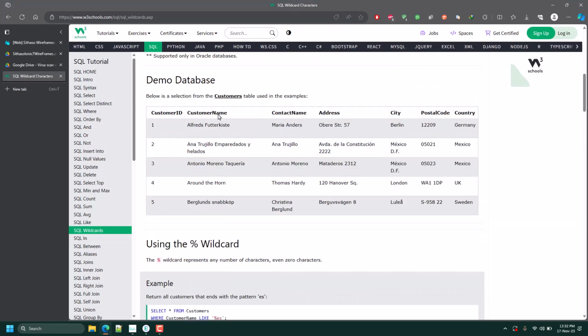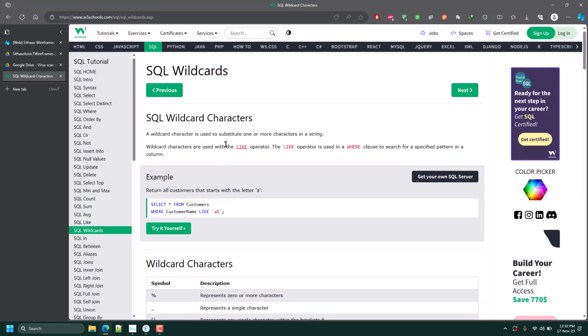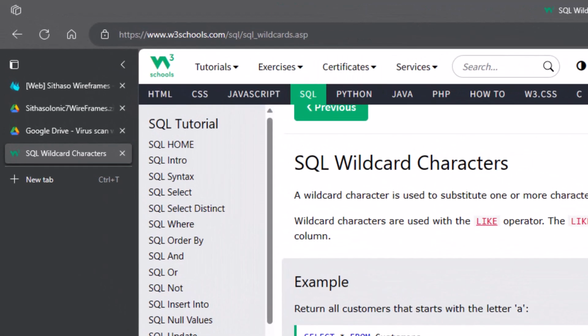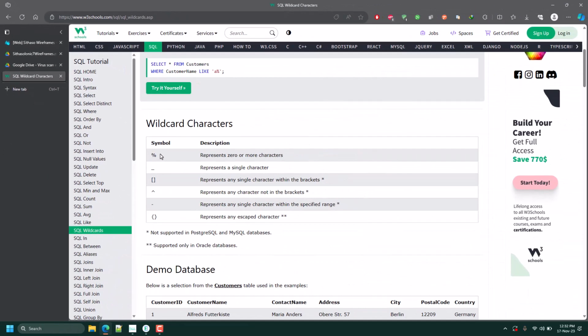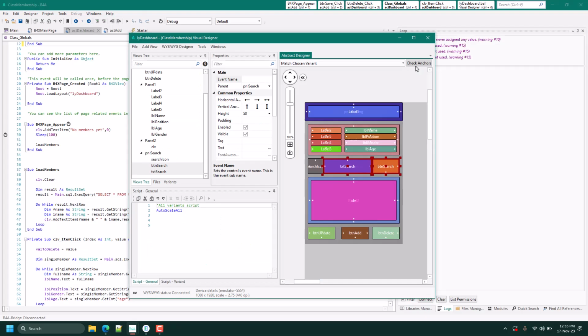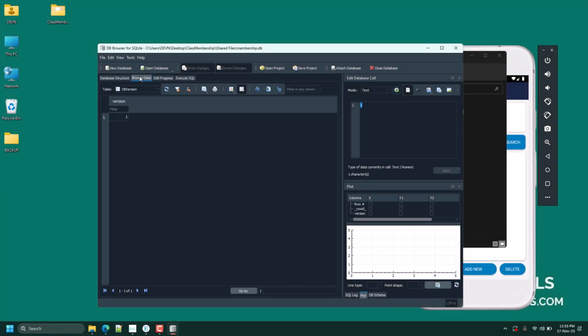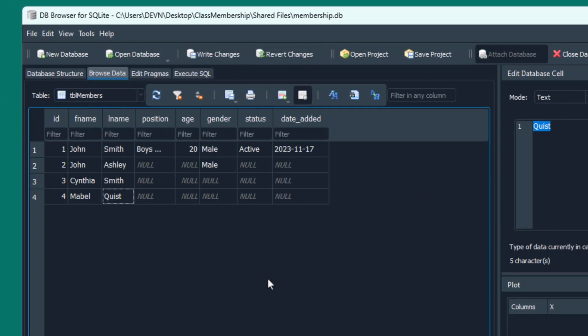We'll be using wildcard search, wildcard like. This one is used to search for a specific pattern in a column. You can get it from W3 Schools. So we'll be using the wildcard search. Okay, let's open our database. I'll insert some dummy data to the members table. Okay, so I have inserted some dummy data into the database. Let's run the SQL query to see.